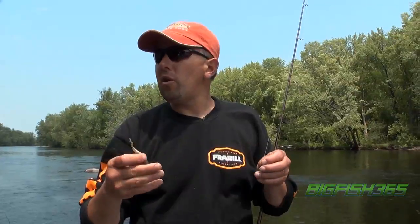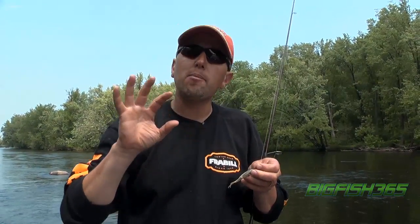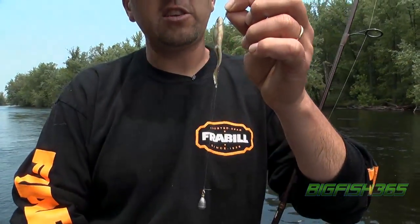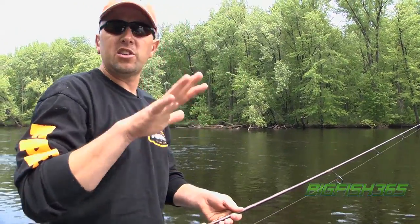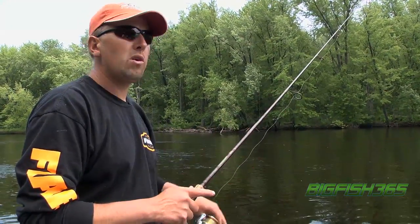A lot of people underestimate how effective drop shotting can be when you're fishing the rivers, especially when you're having fish come up and commit on a topwater bite, but they're missing the bait. So what I'll do is I'll immediately turn around and grab a drop shot rig like this. And the way I fish this bait is I'm fishing the slack water, and all I'm gonna do is throw it out, and I'm just basically gonna fish it real slow and finesse